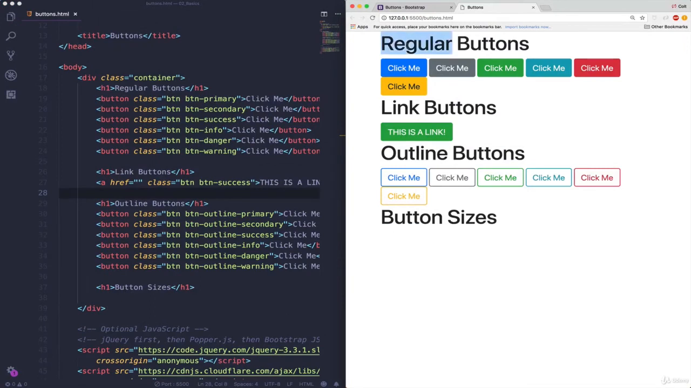Okay, so I just added some H1s in here so that we can see my different sections. And I'm going to talk about button sizes. So alongside color and outline versus solid buttons, we can also specify sizes. So you could customize the size with your own CSS if you have an exact pixel width. But if we just take one of these buttons,